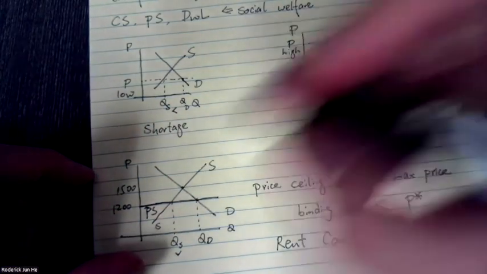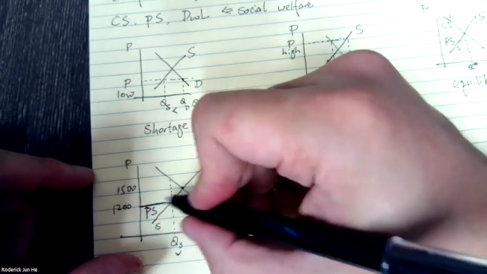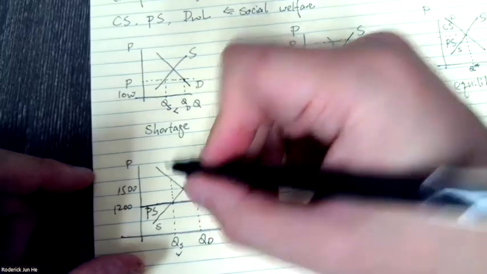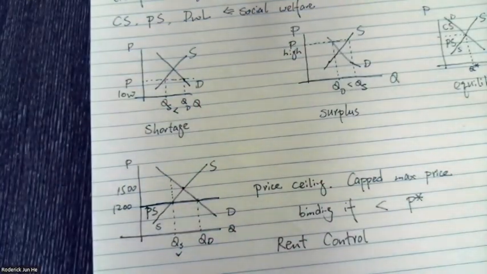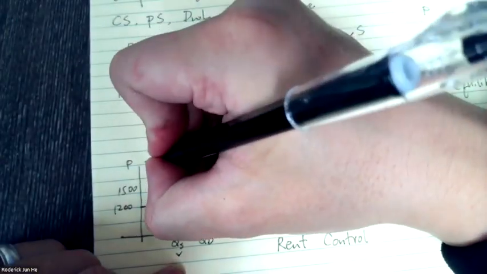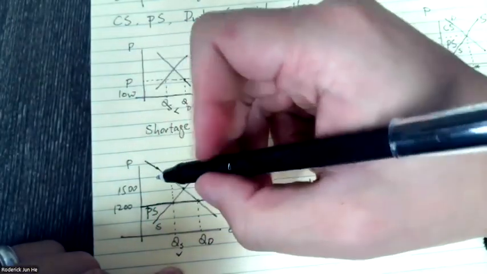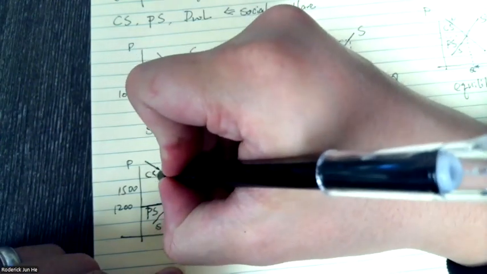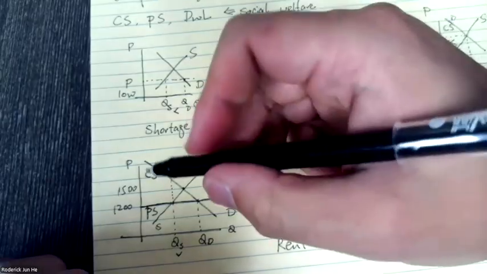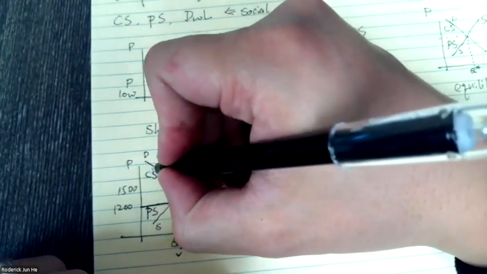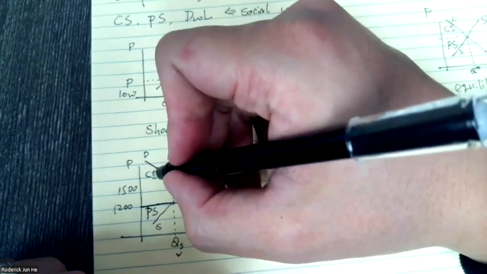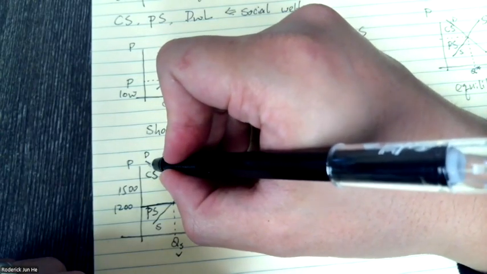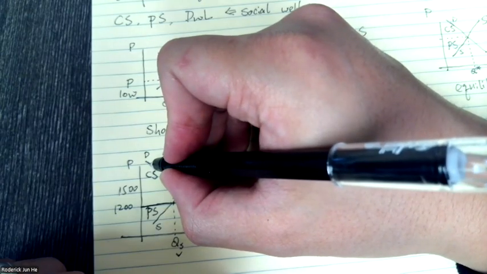Then what's the consumer surplus? Knowing that the transaction will only carry on to QS, that's why we further continue up from this QS until it intersects with the demand. So the consumer surplus will be the upper wedge-ish shape. That will be the consumer surplus, right? Because it is bordered by the demand, it tells you this area has something to do with the consumer, and it is the surplus that, for each transaction, is the difference between the willingness to pay, the marginal benefit,